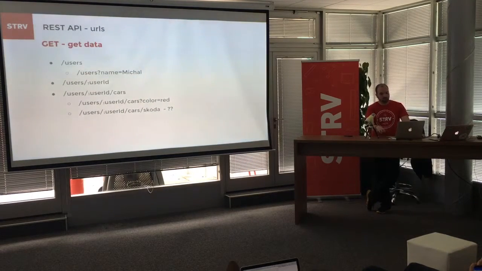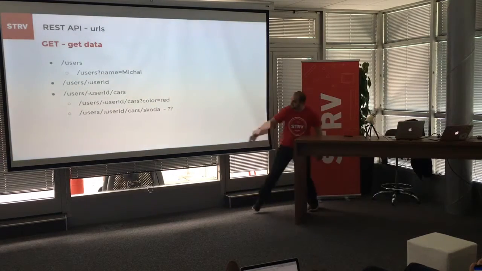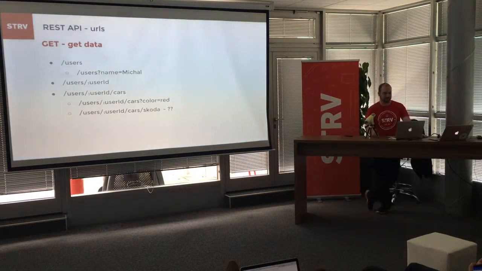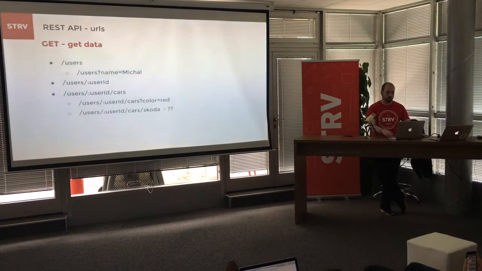If I want to have cars of some user, I can do it this way. The first example is just a basic parameter for filtering, and for the second one, I am not sure if it's part of the standard or not, but I saw it a lot of times. I even use it, that if, for example, a car has some really strong parameter, so strong that you will never ask for cars in general, but only with some specific type, you can include it in the URL. But as I say, I don't know if it's the correct way or not, but I was using it and I saw it too.